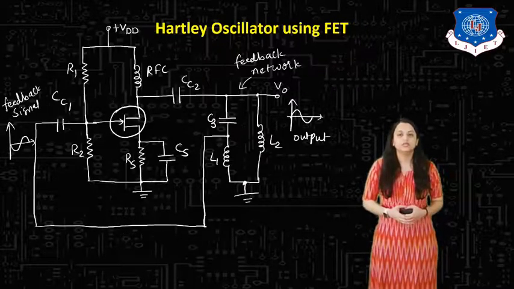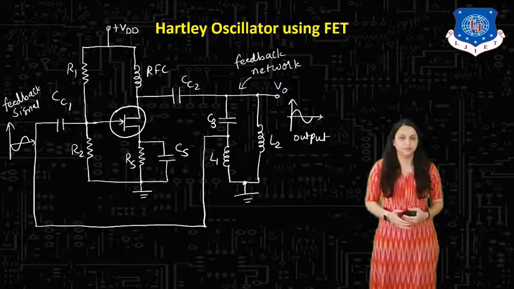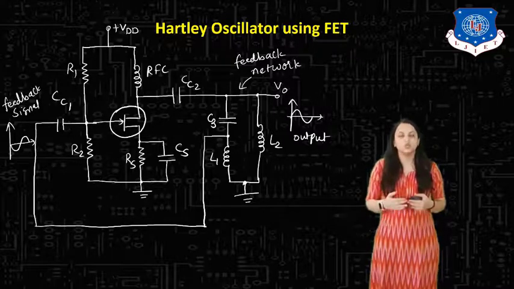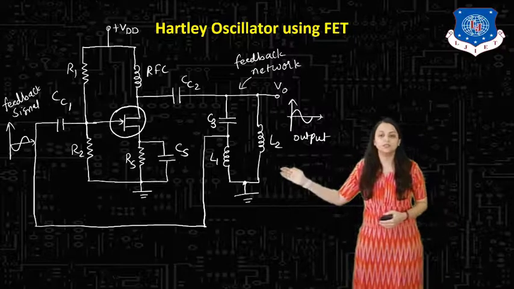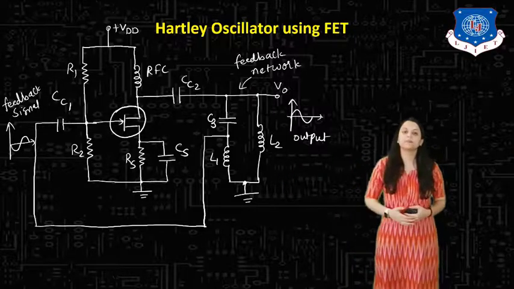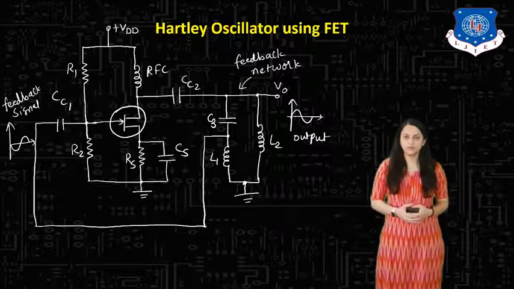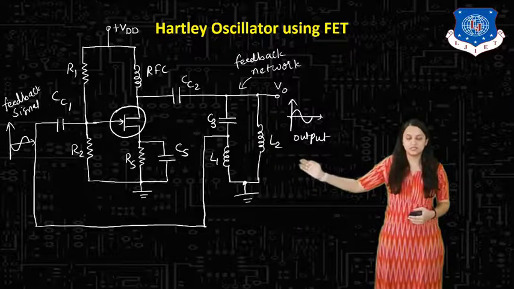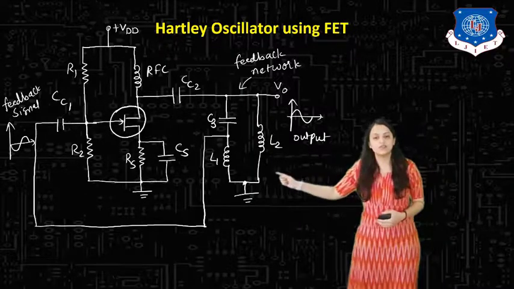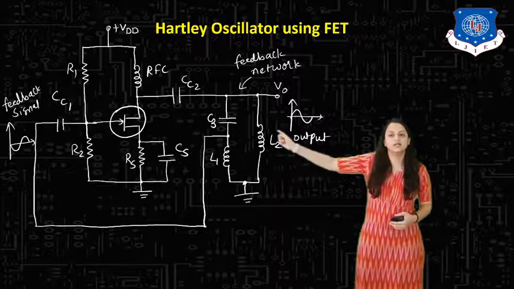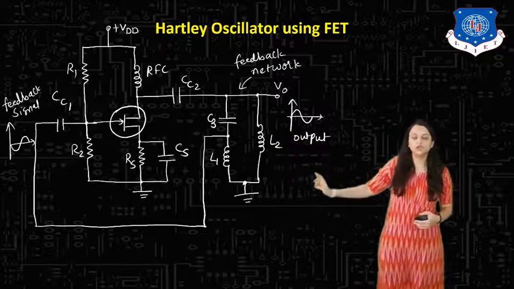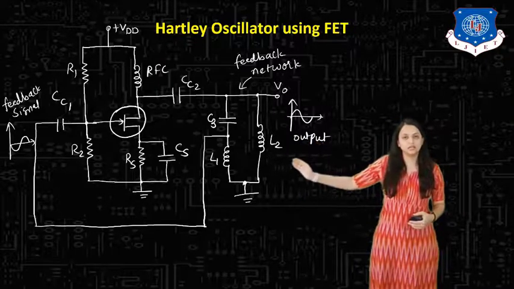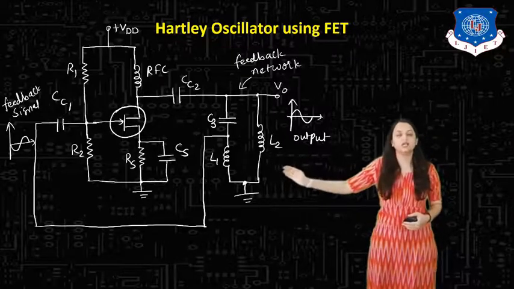Now, let us see the next, that is the Hartley oscillator using FET. We have used a BJT till now. Now we are going to use a field effect transistor. So here the feedback network will remain the same, but the active device which we are going to use is the FET. Here the feedback network L1, L2, C3, that means two inductors and one capacitor, is there. Remember that Z1 should be L1, Z2 should be L2 and Z3 should be C3 only. You cannot use two inductors like this and the capacitor here. No. The logic of the feedback circuit for the Hartley oscillator is like this only. This is the arrangement of it.